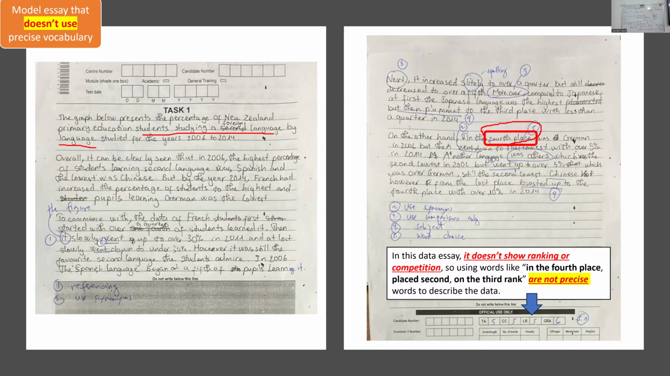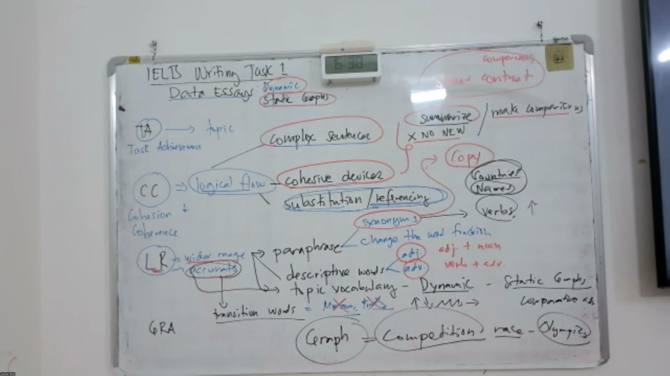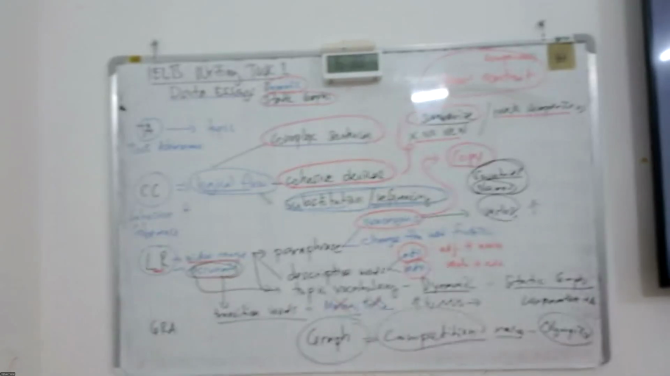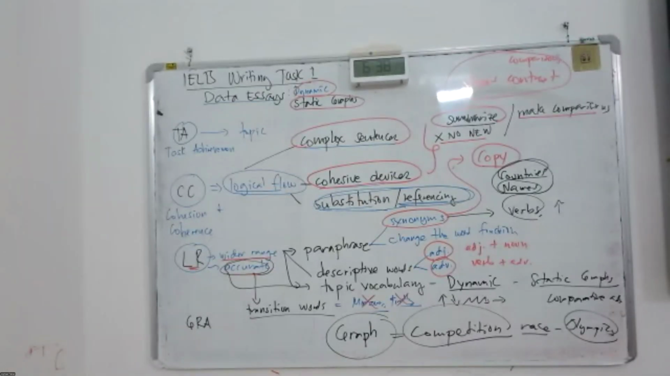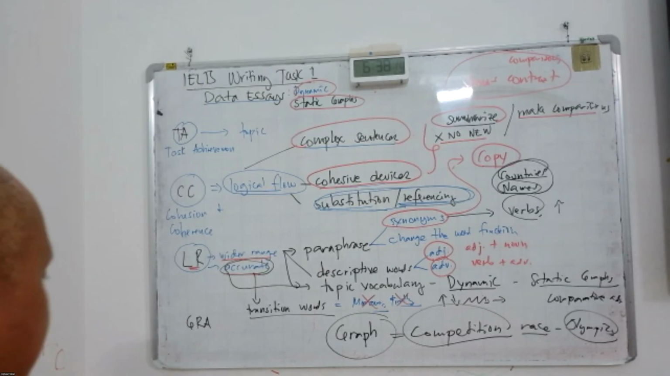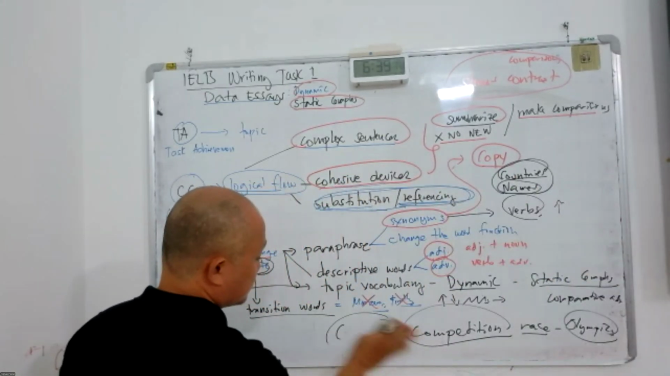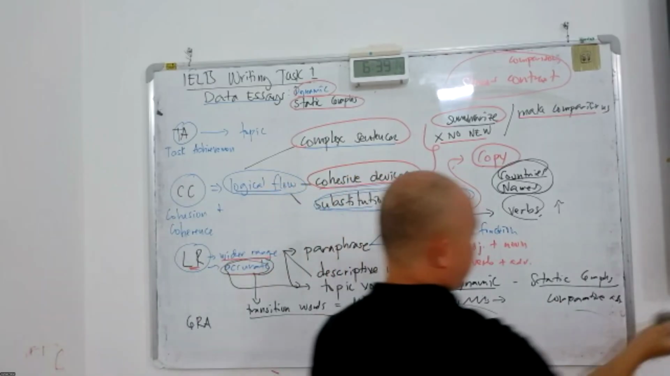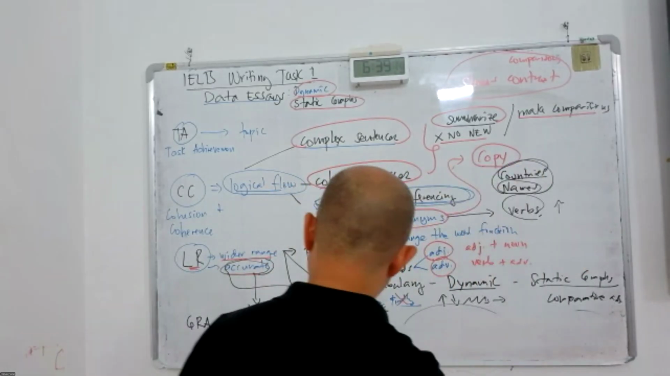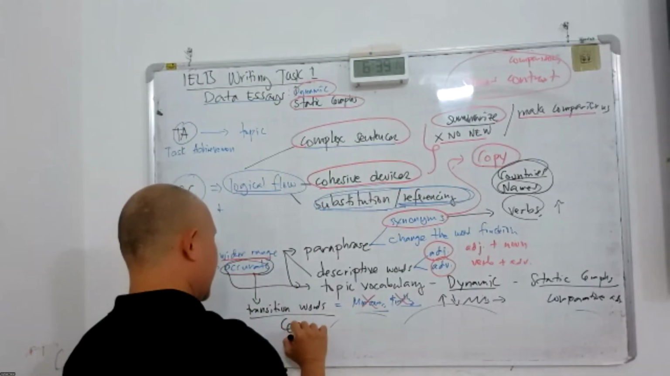It never mentioned anything about competition. So instead of saying 4th place, second place, or 3rd place, the candidate can say, for example, that German is the least chosen language. So instead of saying 4th place or 3rd place, he or she could change that by saying German language